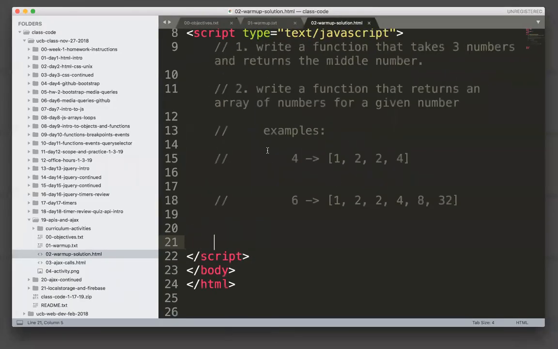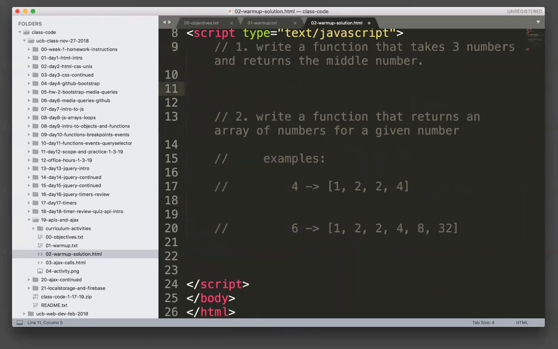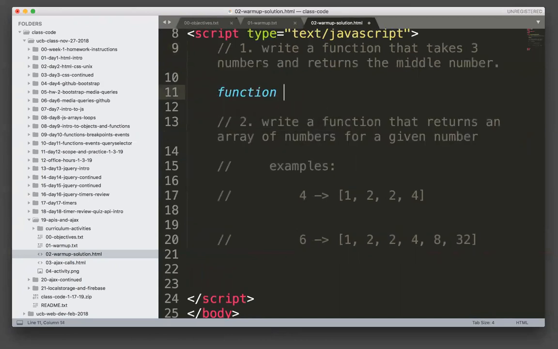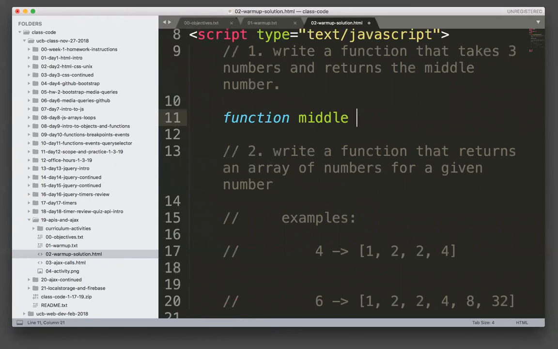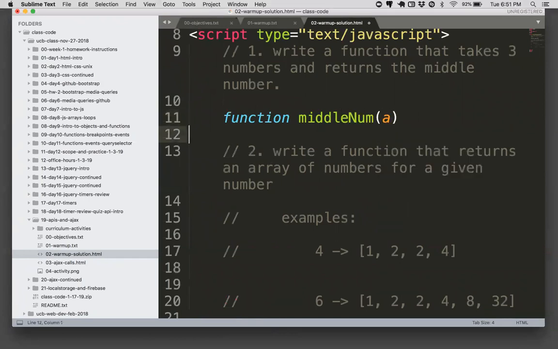All right. So over here, it was: write a function that takes three numbers and returns the middle number. Later on in the course, near the end, we'll be doing sorting algorithms. So this is kind of a tiny intro into sorting algorithms. So number one, write a function that takes three numbers and returns the middle number. So function, which we'll call middle number, right? So we're taking three numbers,